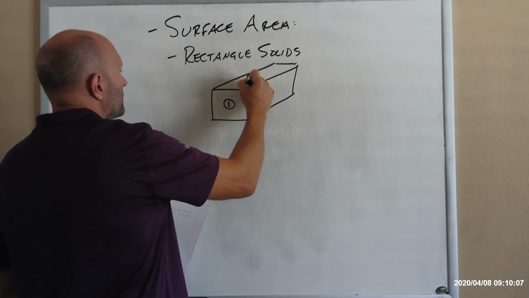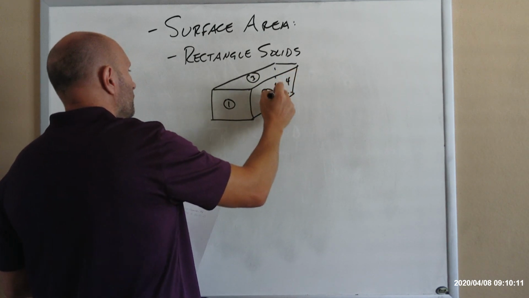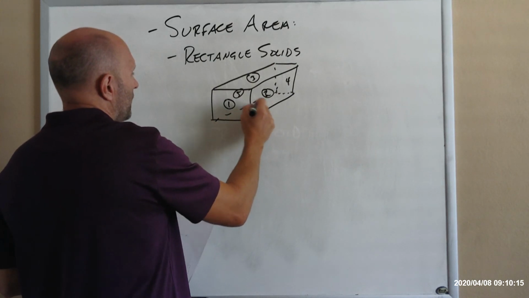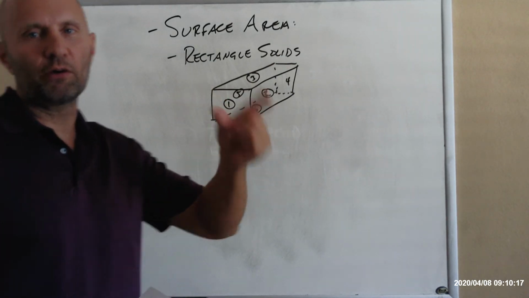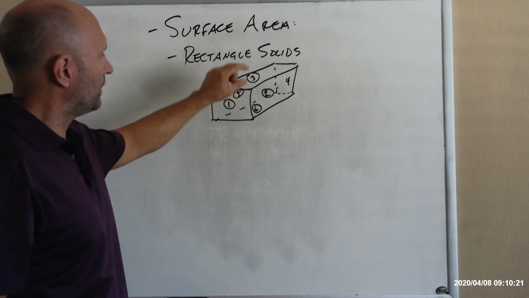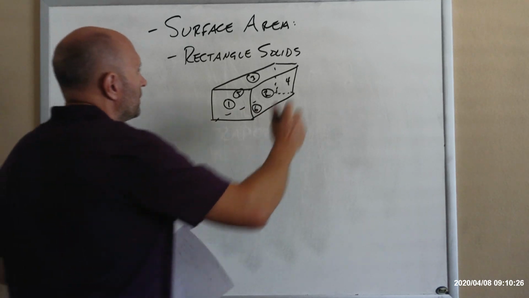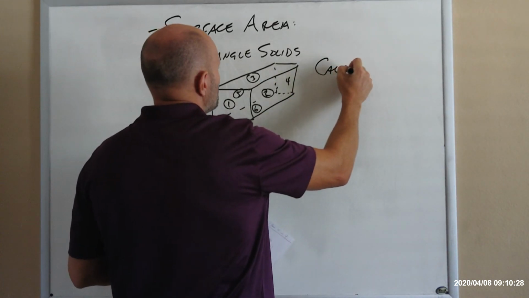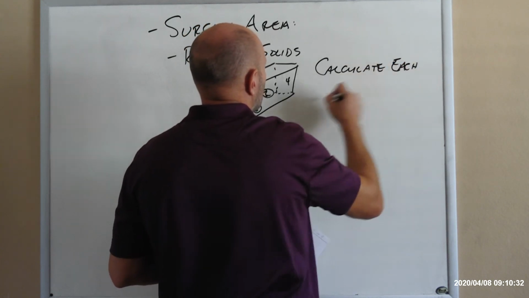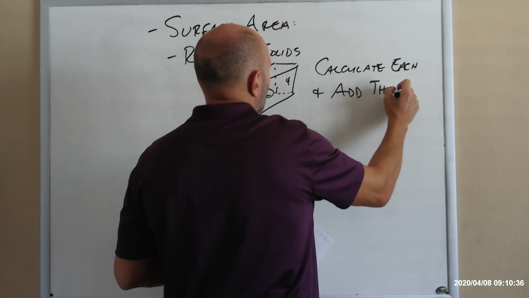1, 2, 3. Don't forget you have another one down on this end. 4. Don't forget you have another one over here. 5. Don't forget you have one on the bottom. 6. So just calculate the areas of all the different rectangles, 1, 2, 3, 4, 5, 6, and add them up. So calculate each, and add them. And that will give